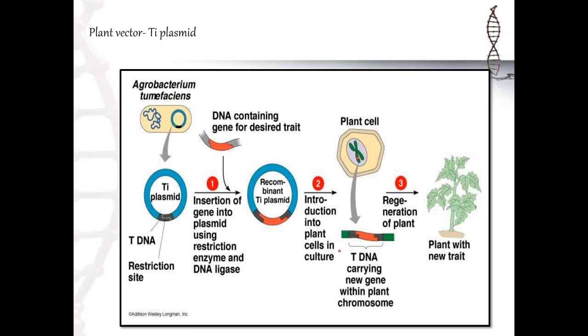Okay? So this is the plant vector using the Ti plasmid from the bacteria. This is the Ti plasmid. It is cut using the restriction enzyme, and we insert the new genes. Then, once inserted, it becomes recombinant DNA. Then it is inserted into the host cell. Okay? Then when the host cell divides, we have a plant with new traits, which we can call a transgenic